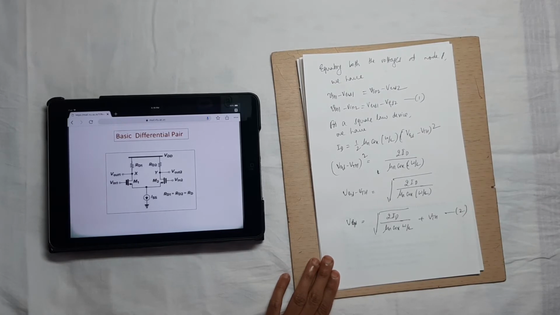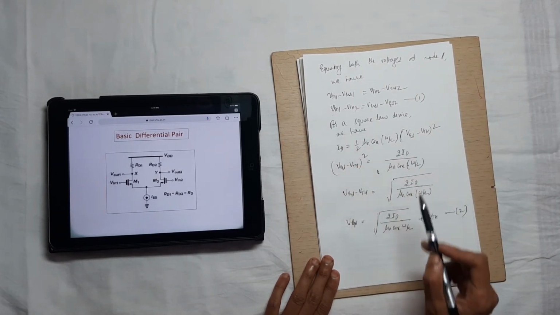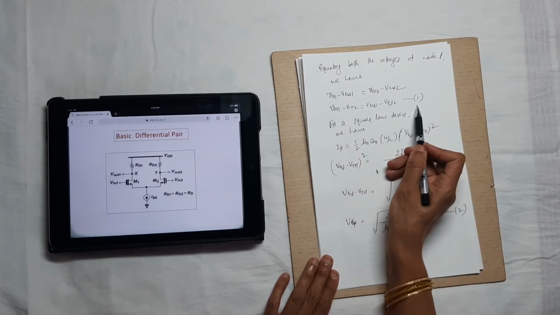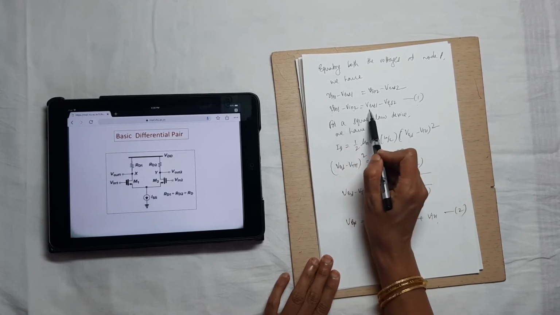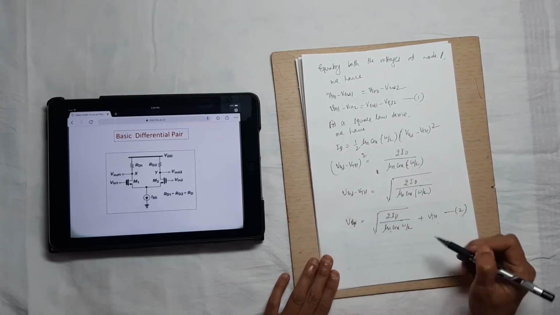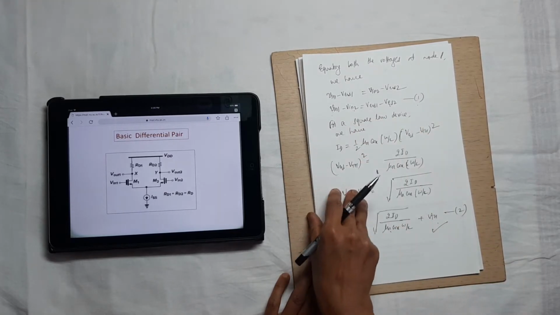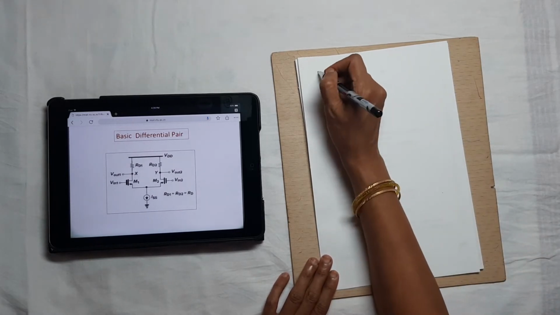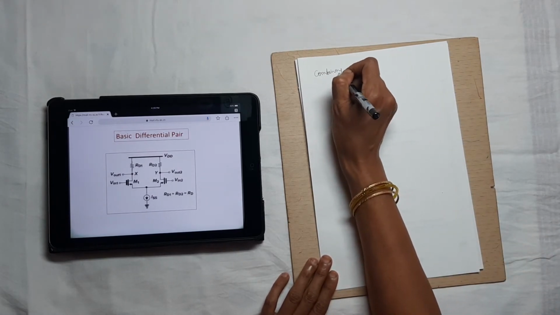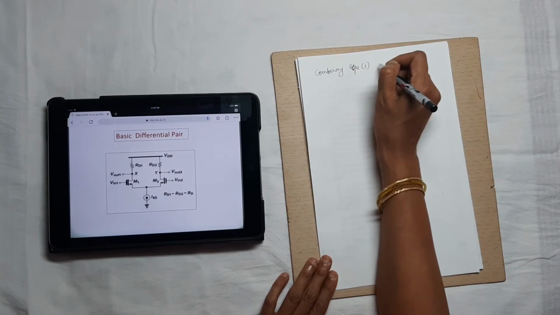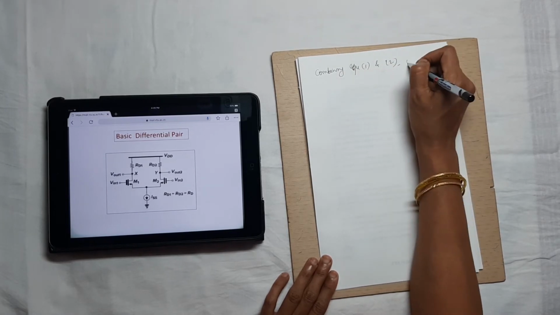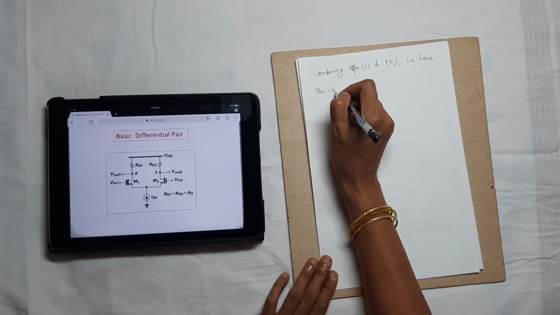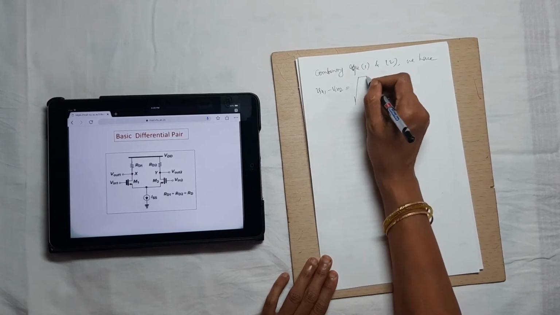Now we will write what is Vin1 minus Vin2 in terms of this equation. We have obtained from equation 1 Vin1 minus Vin2 as VGS1 minus VGS2. Let us use this equation for VGS and write this expression. Combining equation 1 and 2, we have Vin1 minus Vin2 is equal to square root of